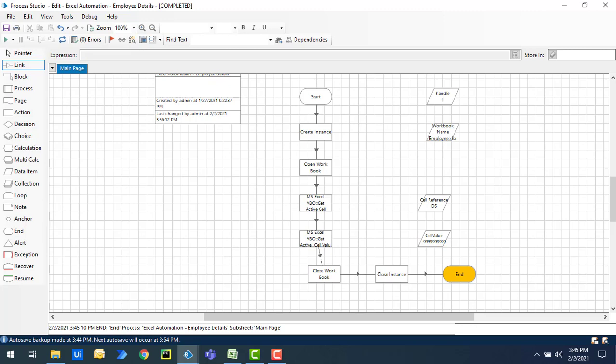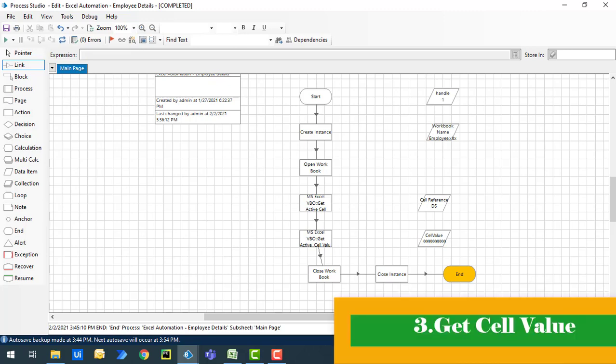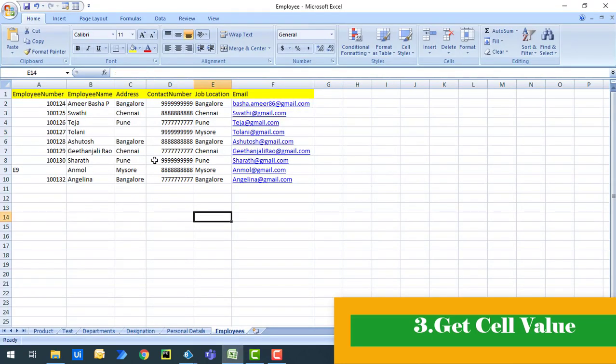In a real-time scenario, let's assume irrespective of the sheet, I don't want to get the active values that we have. Now I want to get it based on my reference. I'm going to give the cell reference over there, and then I want to get the value. How can we go ahead and do that?